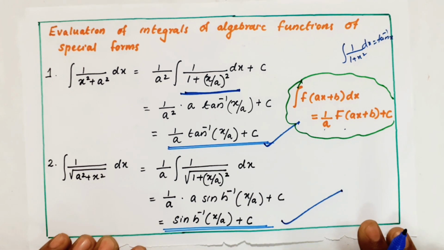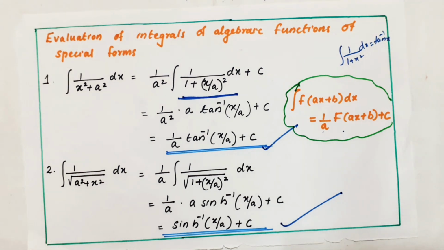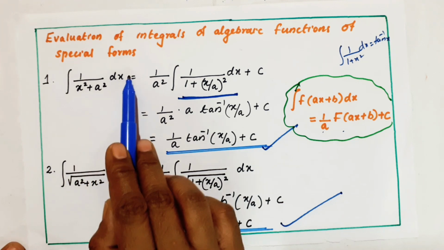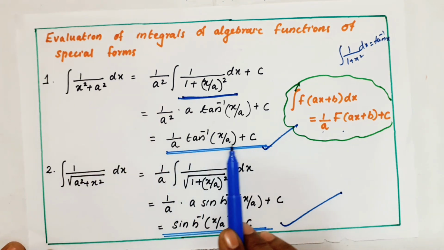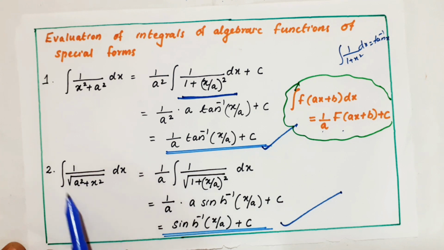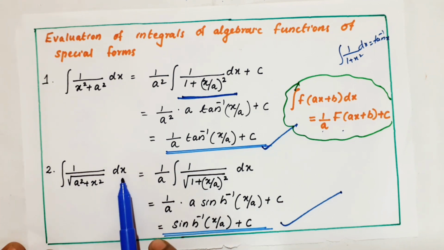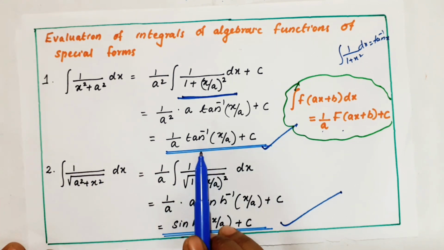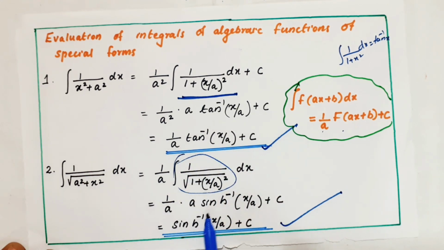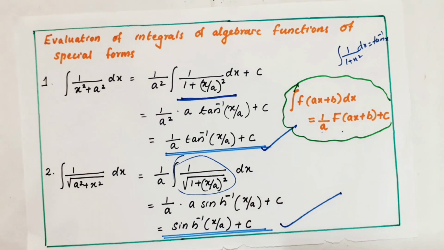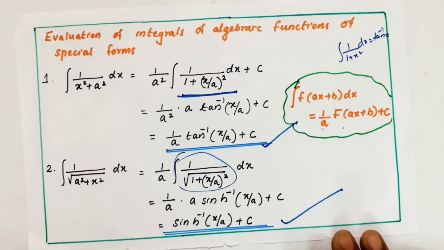So you see it looks almost same but a small difference. You have to understand. You should thoroughly check the terms, then only it seems easy. So integral of 1 by x square plus a square dx we did, that is 1 by a tan inverse x by a plus c. Integral of 1 by root over a square plus x square dx. According to our basic formula of hyperbolic function, this is sinh inverse x by a plus c.